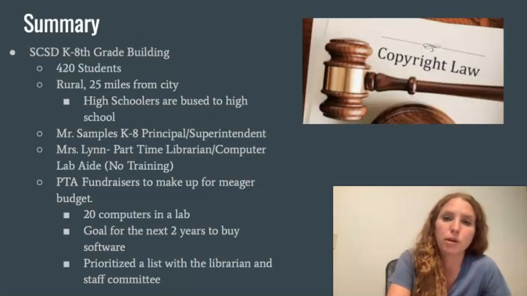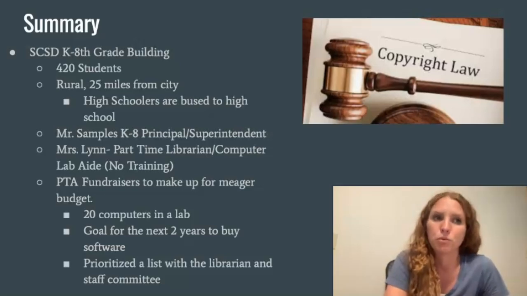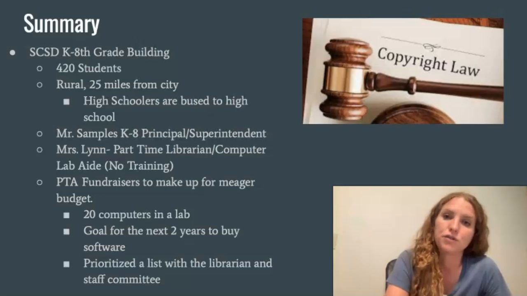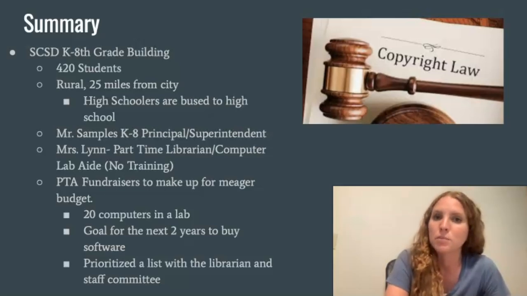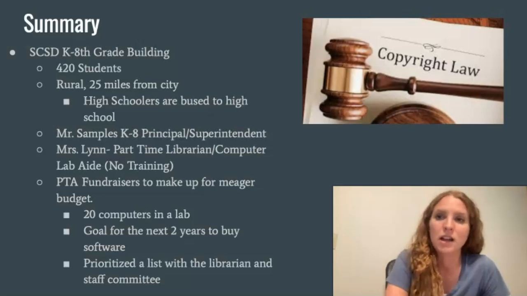Another individual that is really important in this scenario is Mrs. Lynn. She is the part-time librarian and is in charge of the computer lab. It's also important to note that she has little to no training when it comes to this. That is a very hard position to fill, especially with a limited budget like this school has. So she is a parent that was willing to step in and fill that role, and again has very little training, but has done a really good job